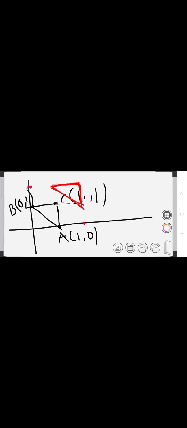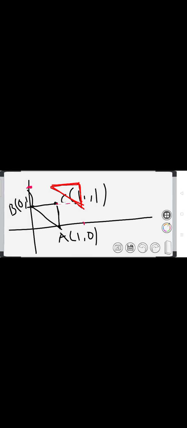Initially this is the position of your computer object, or the position of your triangle. This particular triangle is represented with respect to the origin. But when you have translated this triangle from its original position, you can perform a rotation, but that rotation is with respect to an arbitrary point. It is not with respect to the origin.